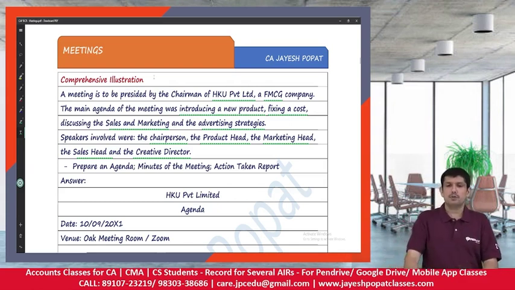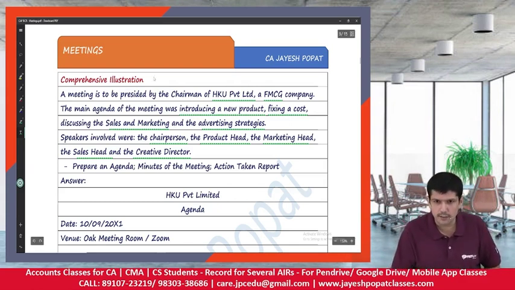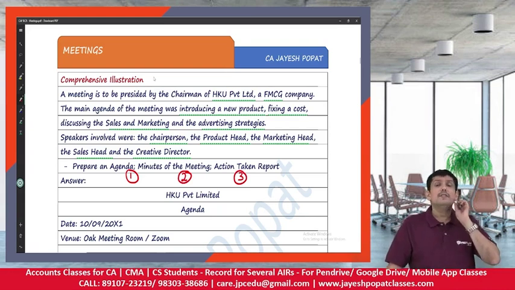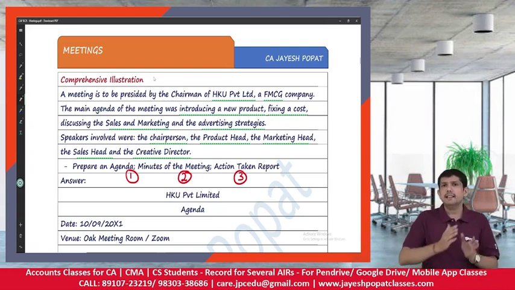What are we supposed to do now, right? Have a look at what we are supposed to do now. We are supposed to first draft the agenda of the meeting. Then we need to do the minutes of the meeting. And then we need to do the action taken report. So if we do all three things together, it will give us a great idea and insight into how